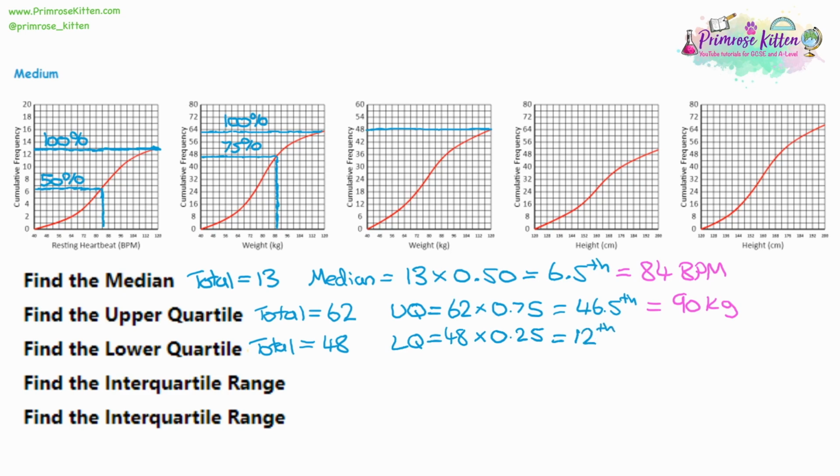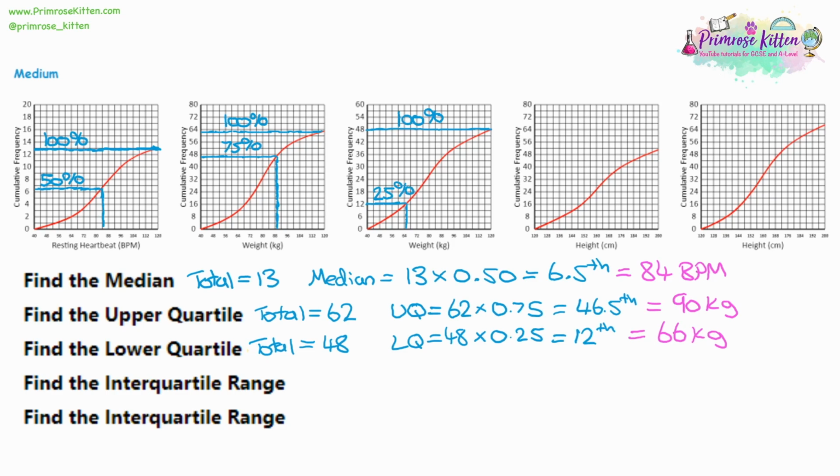So find them on the graph, draw a line across. When you hit the red line, draw a line down, and we're just after 64. So something like 65, 66 would be a good estimate. Look at the units against weights, so it's in kilograms. And again, so you can visualize this, if we've gone through 100% of the people by the time we get to the top of the curve, the position of the lower quartile is 25% of the way through the curve.